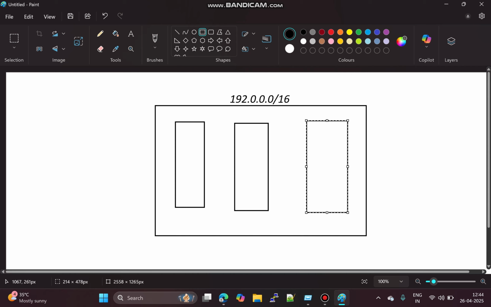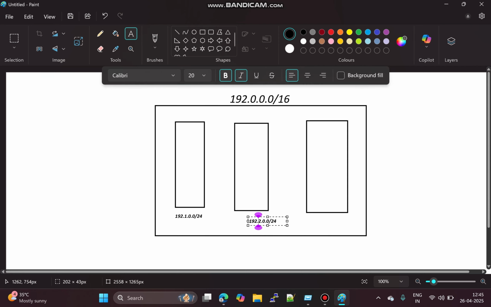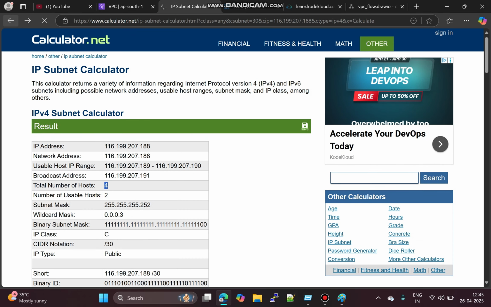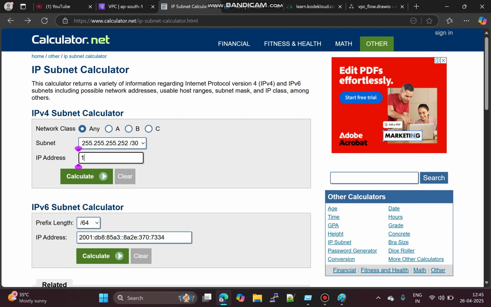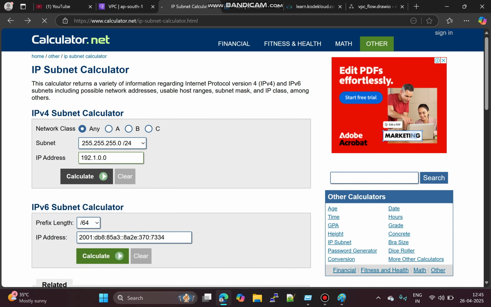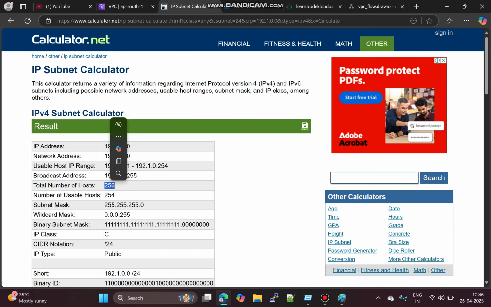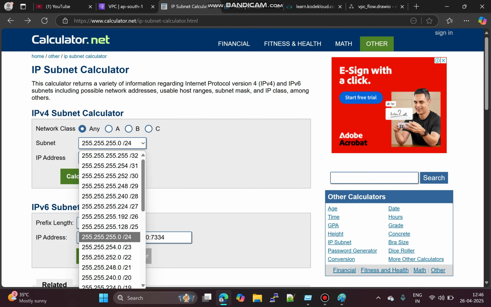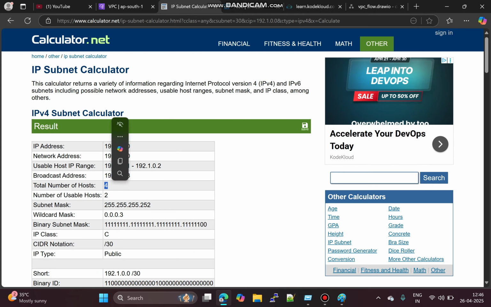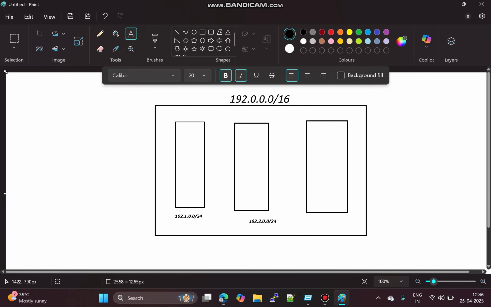The subnet is also part of the VPC, a particular isolation area. If you have 192.1.0.0/24, here also /24. If you could see here, 256 IPs are provided. If you really don't need that many IPs, only a few like 4 or 5, then you can go with /30. Okay, this time I am giving, this is the test,